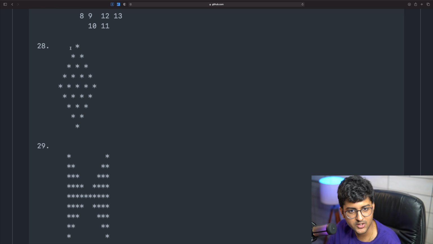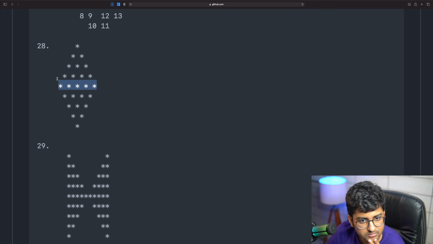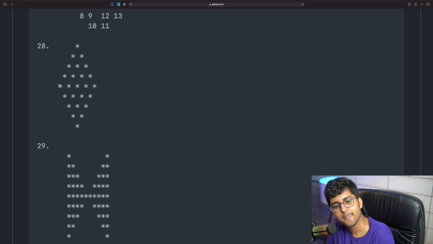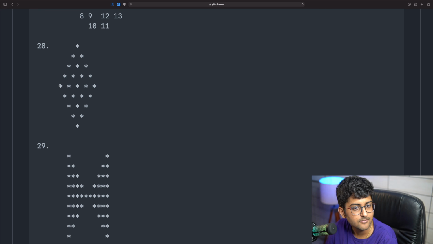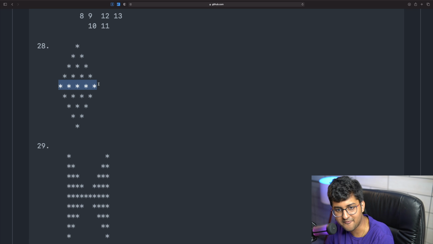So spaces is equal to the total number n minus columns, because here total number of columns is 5 and number of spaces is 0. So spaces can be equal to n minus c, right? Total number minus column. Here, for example, columns are 5, n is 5, number of spaces is 5 minus 5, 0, that is correct.